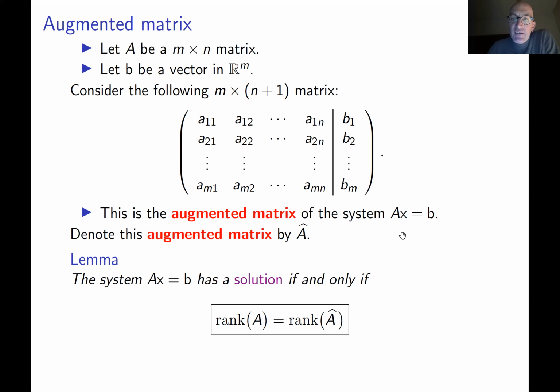What is the possibility that the rank of the augmented matrix is the same as rank A? You take the column space of the matrix A, and then you get another vector. You add another vector as the n plus 1th column of the augmented matrix. If the rank doesn't increase, it basically means that this vector is contained in the column space of A.